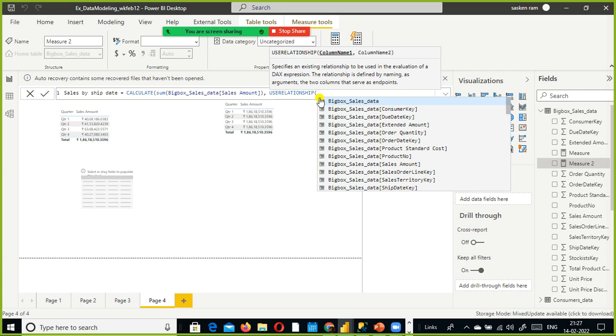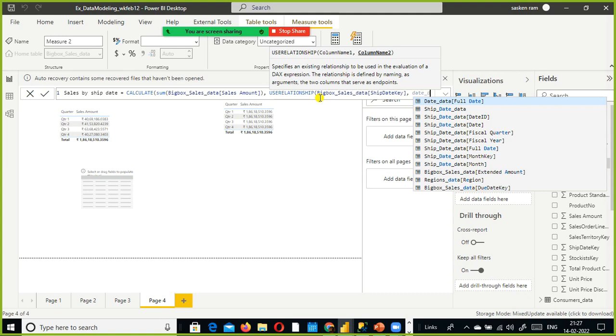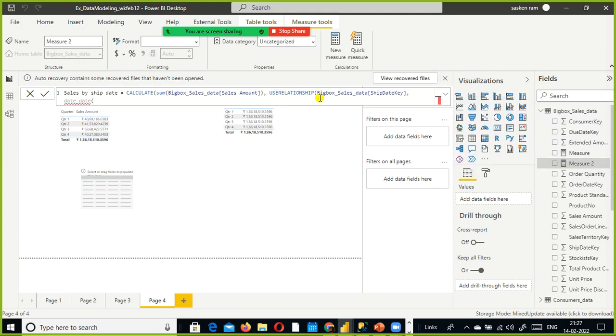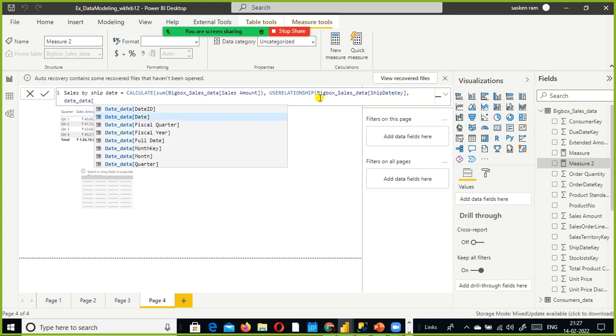What columns did I use to create the inactive relationship? The ship date key from this table, and then the date data table. See, look here. This time I'm not using another table, the same table, date data. I'm going to select it here and link this with my date column.